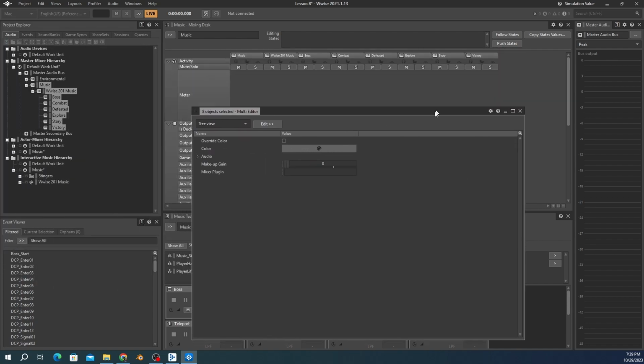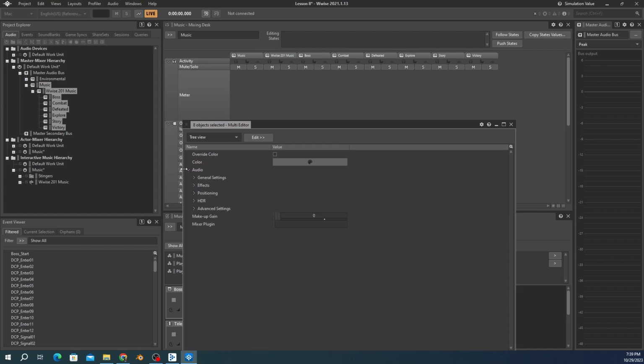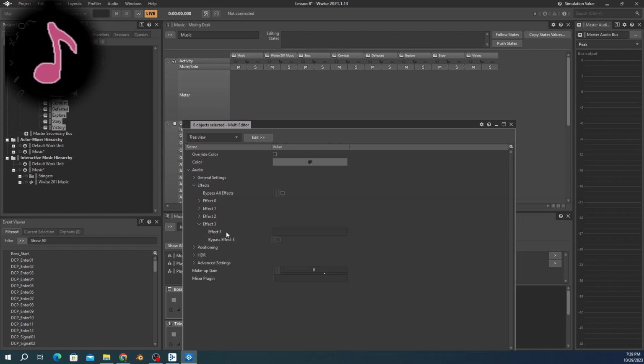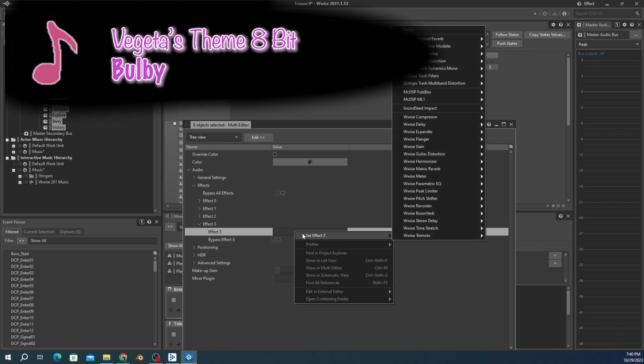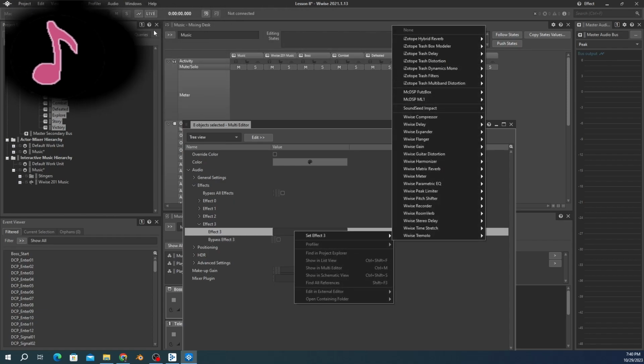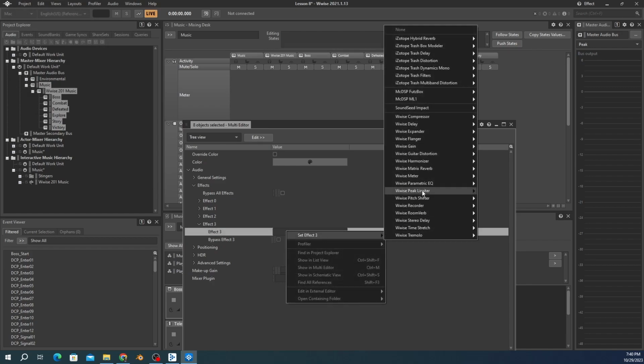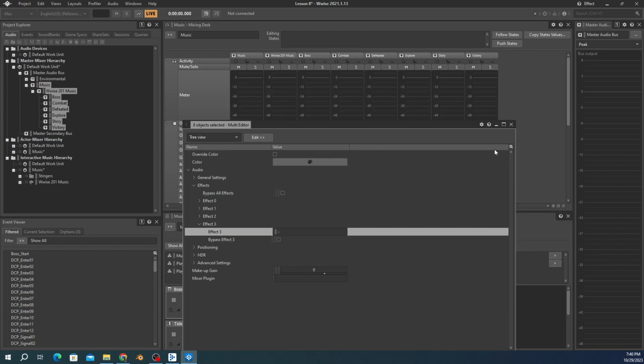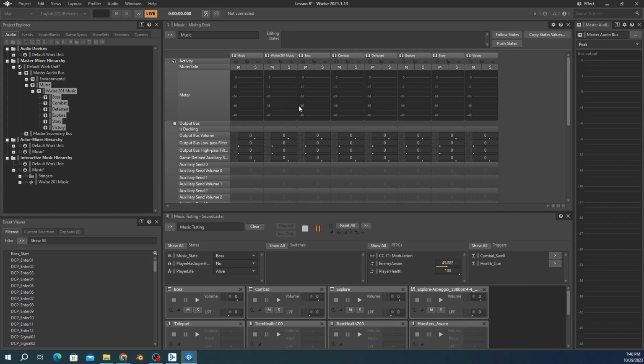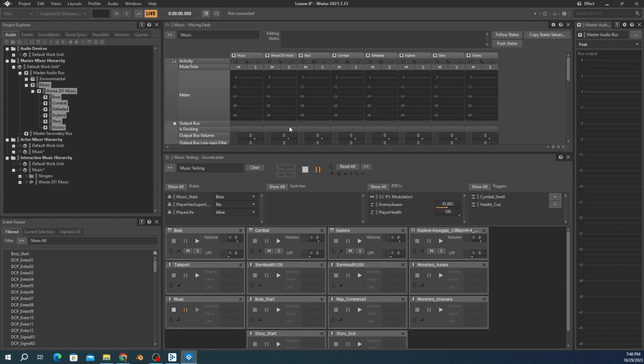In the view that appears, I'll navigate to Audio, Effects, Effect 3, Wwise Gain, and Default (Custom). The gain plugin becomes inserted onto all music buses on the mixing desk, giving us useful visual feedback on